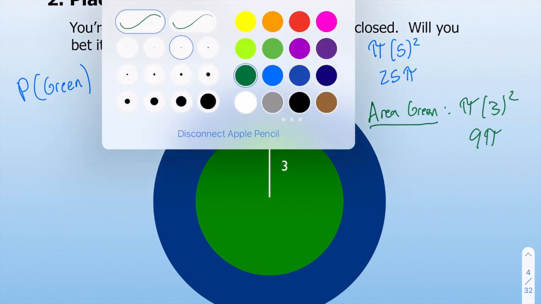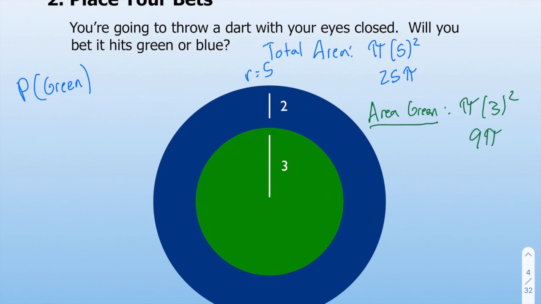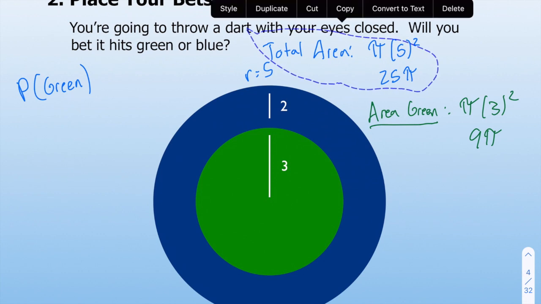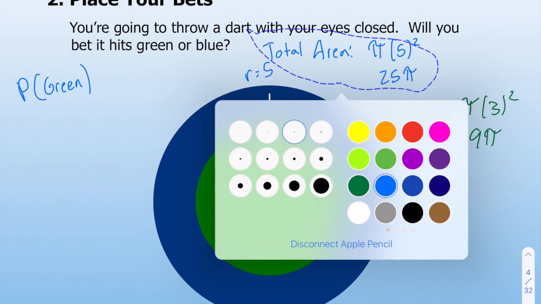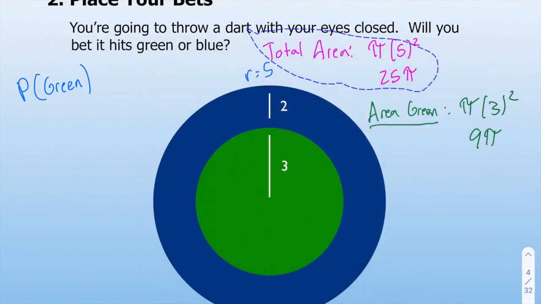And let's say for the blue, same color, huh? Okay, I'm gonna change this. Oh shoot. Okay, I'm gonna change this to like, I don't know, let's go like magenta. Okay, for the total area. So now for the area of the blue,